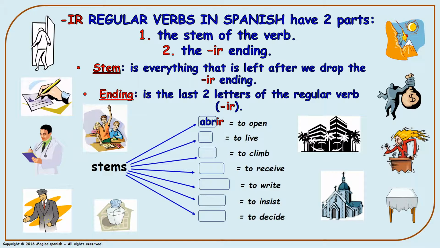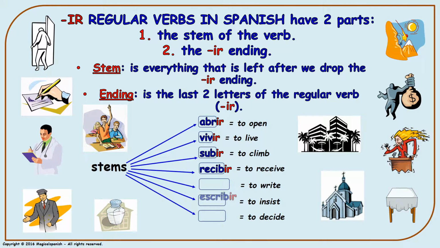Now, let's see some examples. Let's begin with abrir, to open. So, if we drop the IR, we are going to keep ABR as the stem of the verb. Vivir, to live. The stem is going to be VIV. Then we have subir, to climb, and the stem is going to be SUB. Now we have recibir, to receive. The stem is going to be